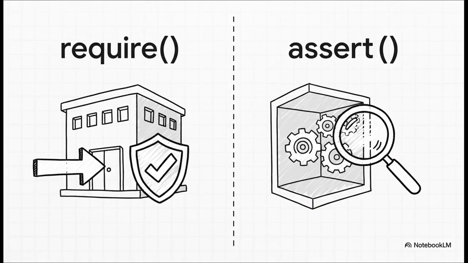And speaking of safety, Solidity has these incredible built-in tools. Think of require as the bouncer at a club. It checks your ID at the door. Are you the owner of this account? Do you have enough funds? If the answer is no, the whole transaction is rejected. Assert, on the other hand, is like an internal fire alarm. It checks for things that should be mathematically impossible. If an assert ever fails, it means something is deeply wrong with the code itself.